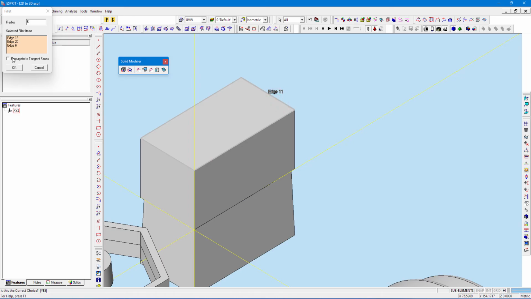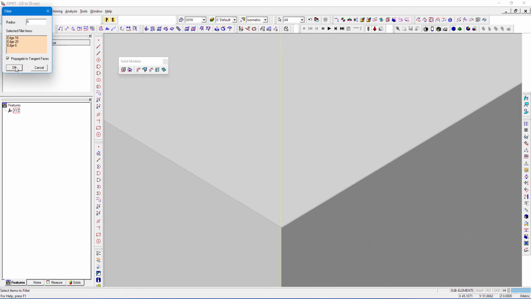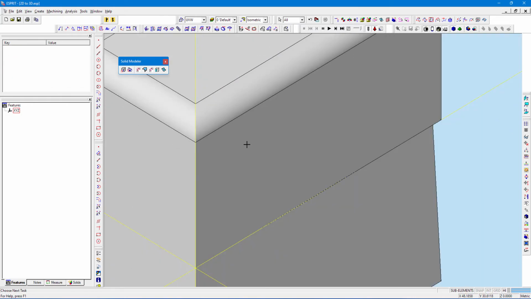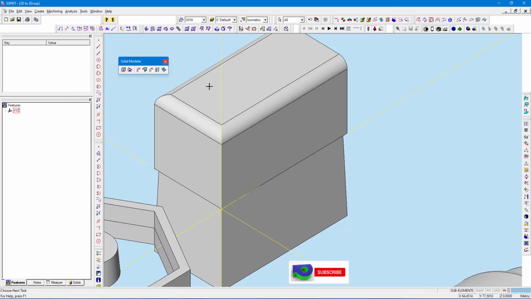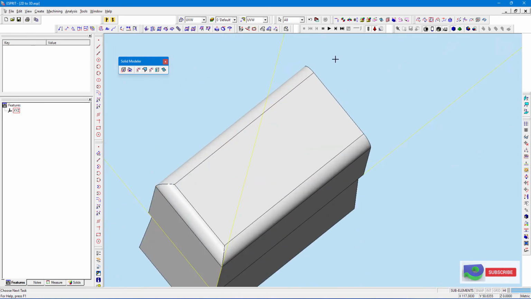And if you want to propagate to tangent face, so your corners are tangent, you can ensure it and click. See, it is in tangent. So the constant fillet is formed.